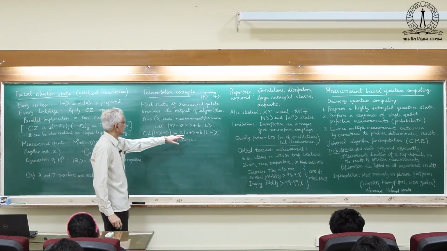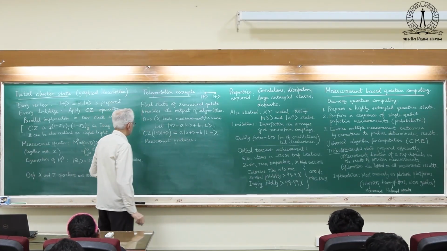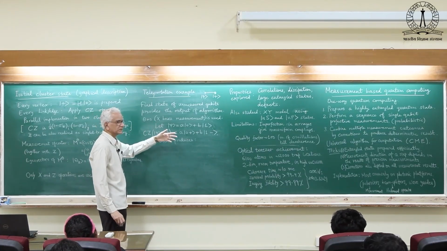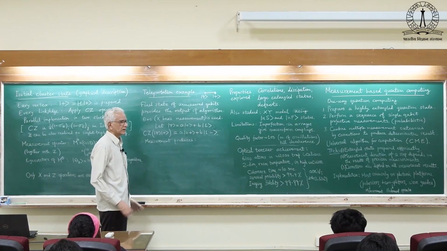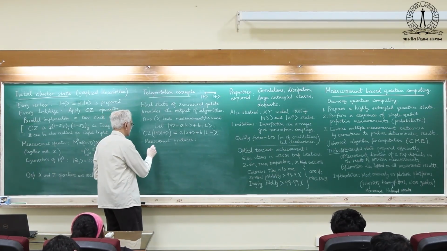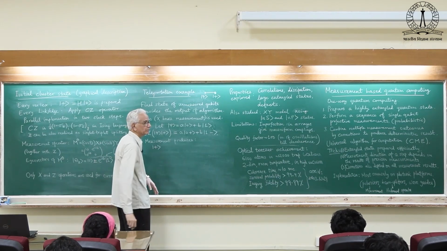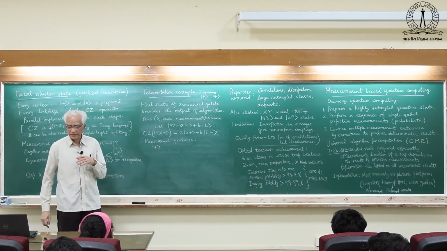It produces the eigenstate of x basis, which will be sometimes plus and sometimes minus. What is the probability? I am not worried about that, but suppose the eigenstate produces plus. Okay. Then